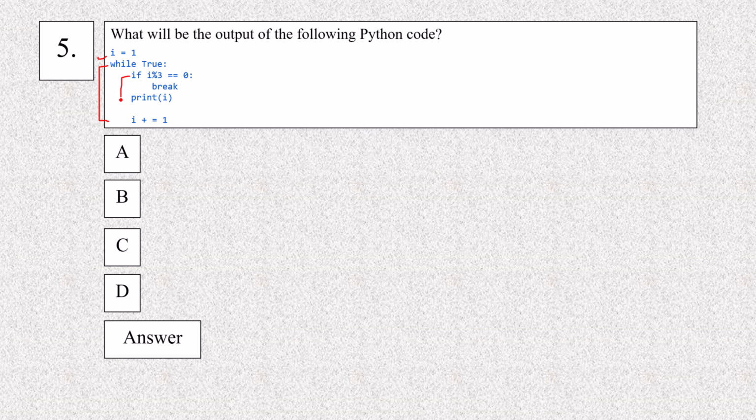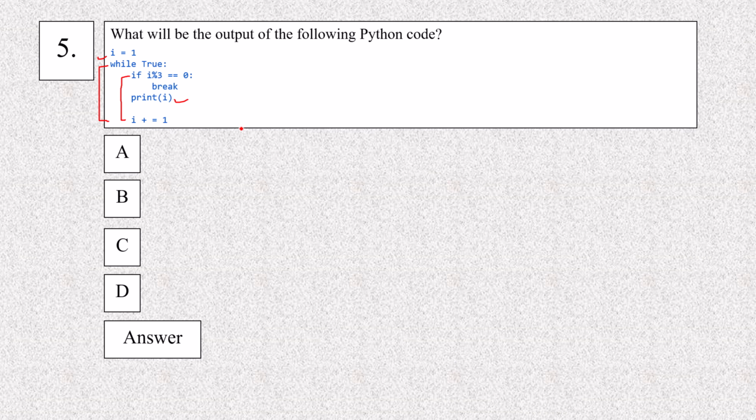Here we have a condition i modulus 3 equals 0, then it will break. And here we have a print statement, and we are printing i, and in the last statement you can see i plus equals 1.